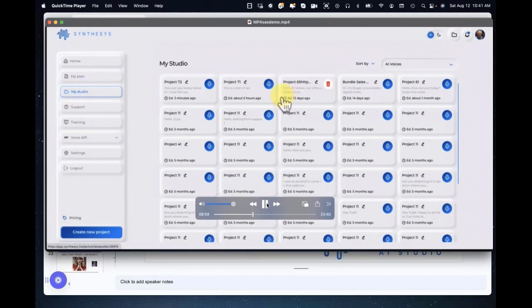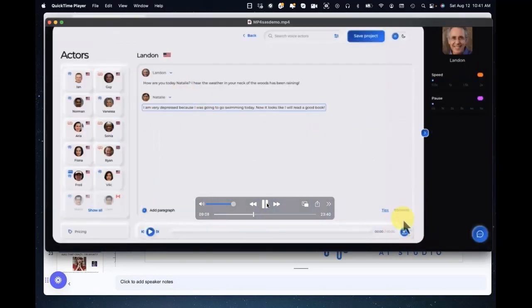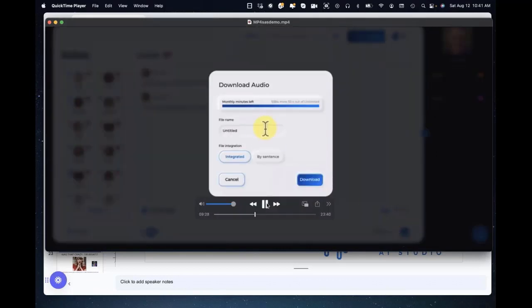Okay, so here we are inside My Studio, and Project 72 is the one that we just rendered. It is here. You don't download it in this case right from here. You actually download it on the bottom right. So I just clicked on it. It brought us back to the editor. We can make changes if we wanted this time. We can actually change a word or a punctuation if we wanted to re-render it and see if we could get a little bit of a different sound from it. And then once everything sounds exactly like you want, then you just click on download right here. And then it gives you, of course, the ability to download it. You give the file a name, etc., etc.